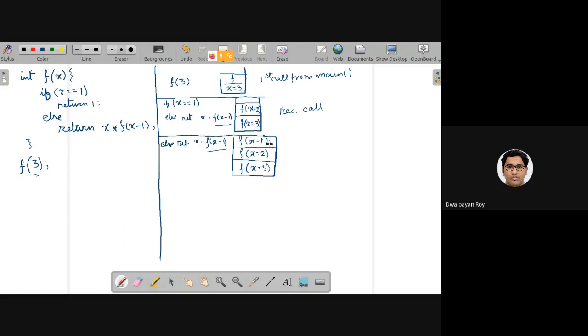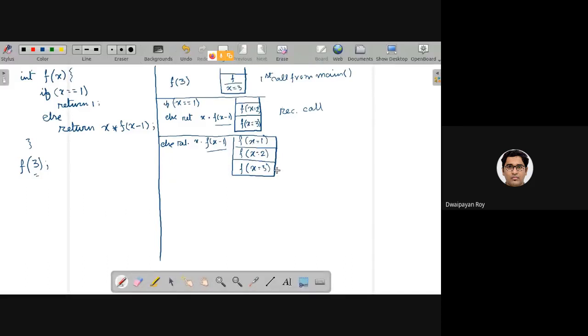Another thing I would like to highlight here is that for each function call, we are using the same x, but in every function call, the value of x is different.